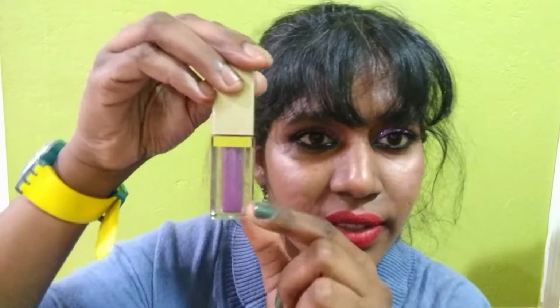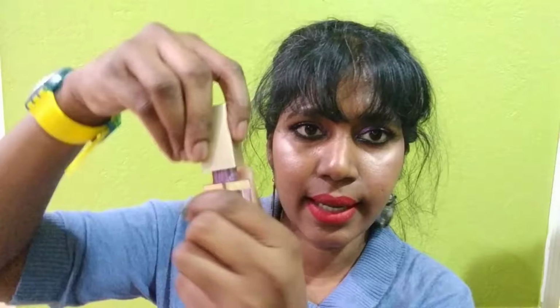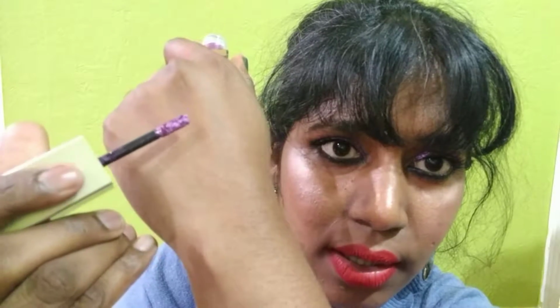Now let's open this up, and the packaging is very sturdy. It's very thick, as you can see. It's very sturdy and it's very small. It's quite compact. Yeah, you can open up. Like I said, let's see swatches. Let's do live swatches. As you can see, let me just turn this. And one swatch,